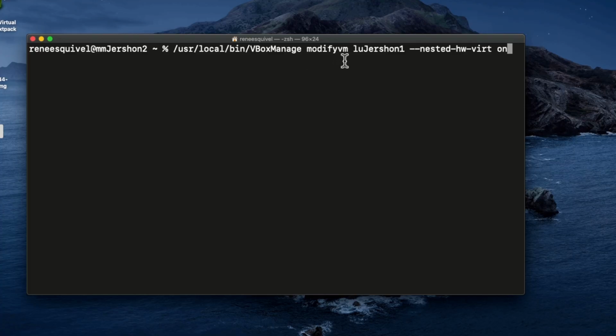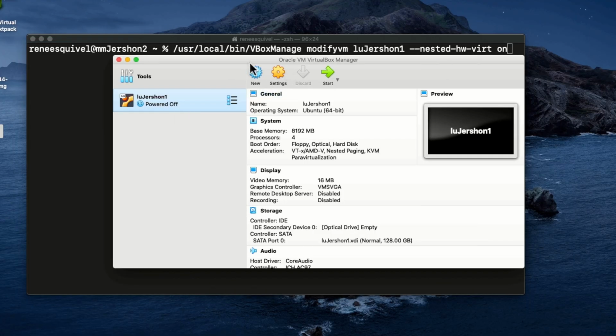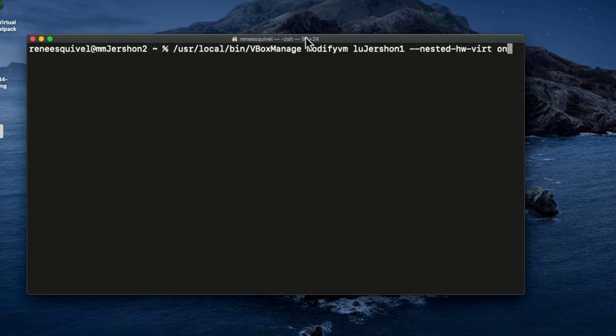modifyvm, for virtual machine, then the name of your virtual machine. And if you don't know it, it's as easy as going into Settings and Name. You can just copy it. And then --nested-hw-virt, and then space and on. And once you hit enter,